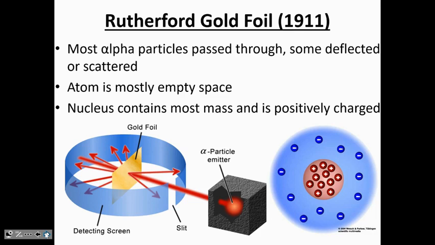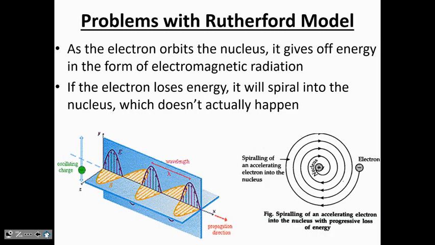But in this model of the atom, there was no placement for these electrons. There weren't specific locations or energies that they should be at. So this model, although it was better than the previous model, the plum pudding model, still had some issues that needed to be addressed. For example, as the electrons orbit the nucleus, since they are